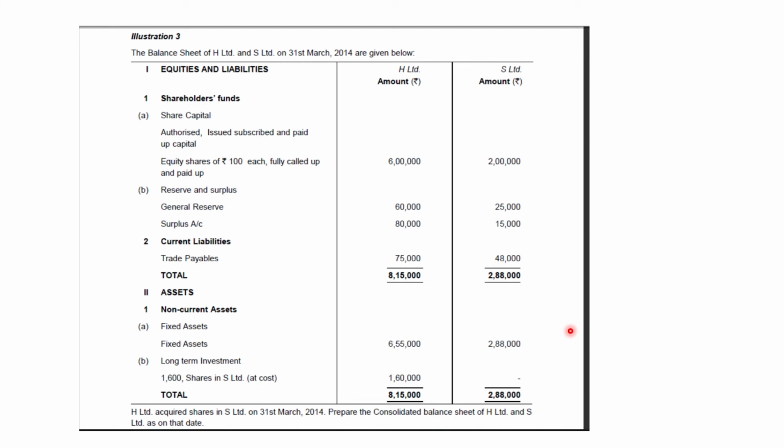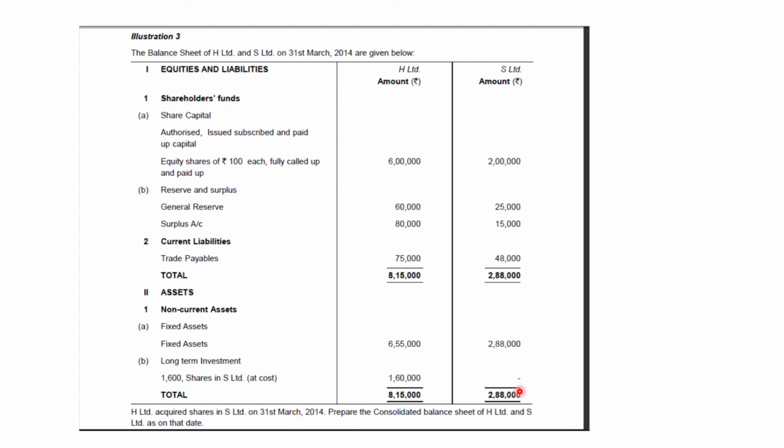Out of this 2,40,000, 80% is held by holding company and 20% is held by outside shareholders. So 20% of 2,40,000 shall be 48,000. So our minority interest will be 48,000. Don't worry, I'm gonna show you the solution as well, but I am discussing it beforehand so that our brain becomes active and the most of the portion of the question is solved before seeing the solution. So minority interest has been calculated already.